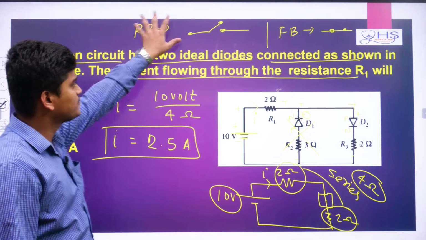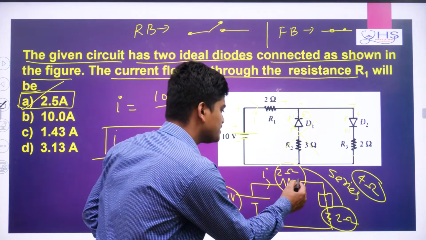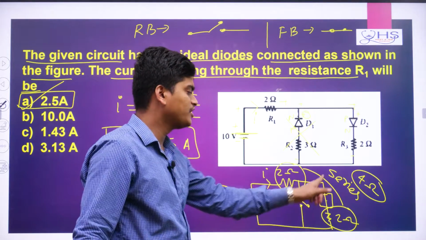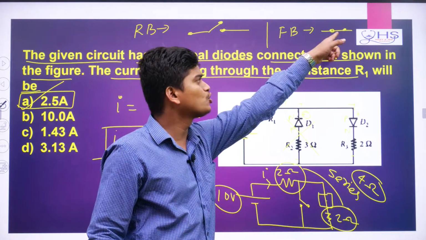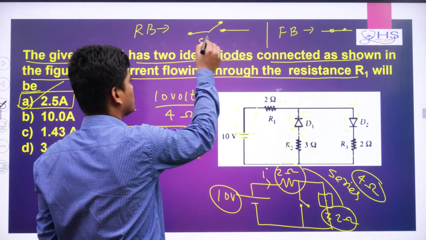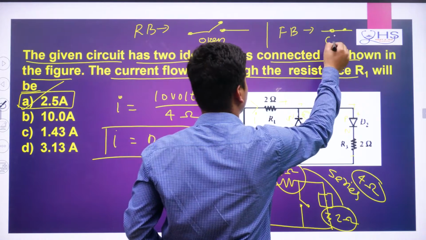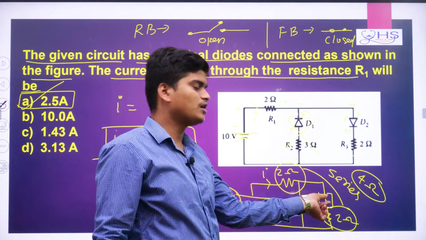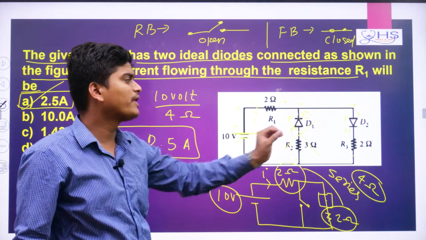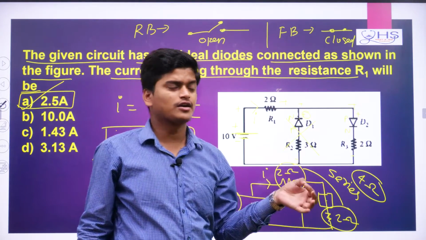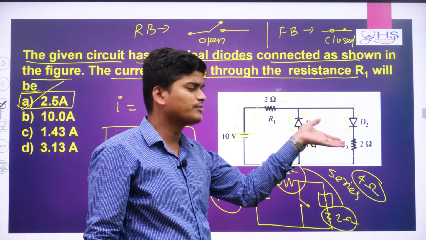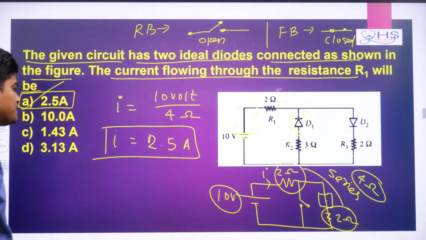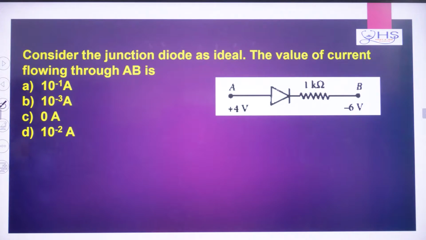So remember, when diode is reverse bias, this one you can remove. That means this circuit is there, but you can tell it is open circuit. But here it is closed circuit. Forward bias means closed circuit. Reverse bias means open. So here circuit is open. Here it became closed. Okay. But remember, some potential will be there here. So it depends on what type of diode you have taken. If silicon, normally it is 0.7 we will consider, or sometimes 0.5, 0.3 for other types of diode you can take. Okay. Now we'll go to the next question.